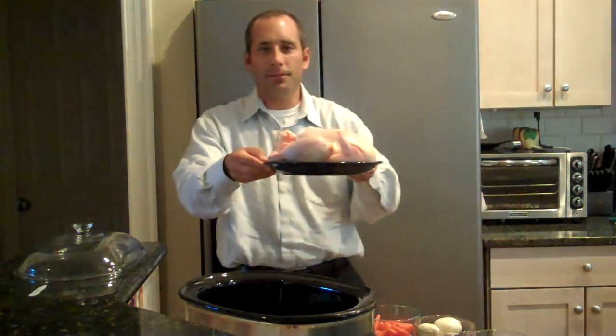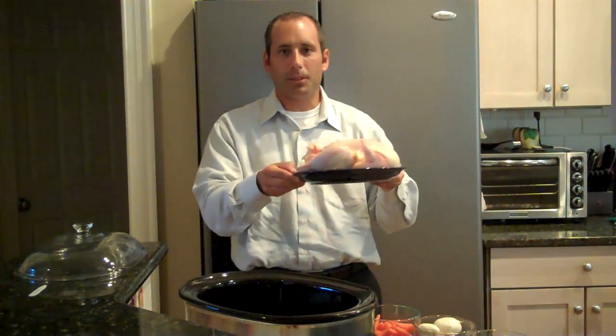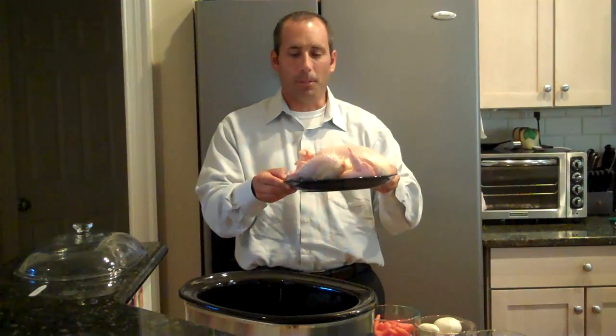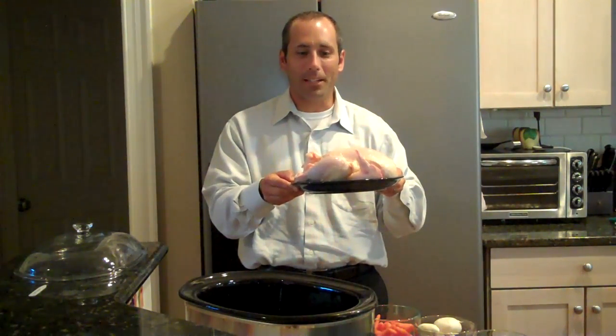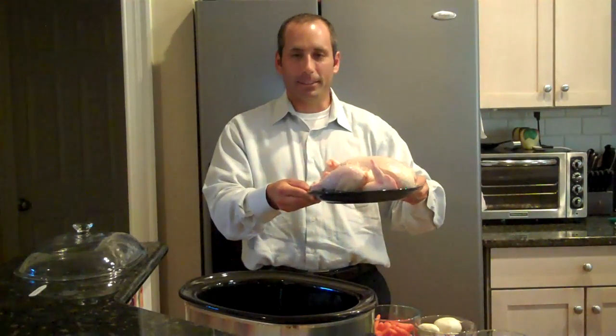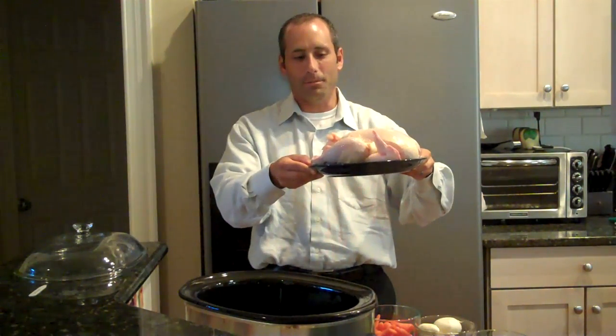This is a whole chicken. I've already unwrapped it, taken out the giblets in the middle. A lot of people love to make comments, I've noticed on YouTube, about salmonella and handling chicken. You'll notice I probably won't touch this the entire time. But anyway,